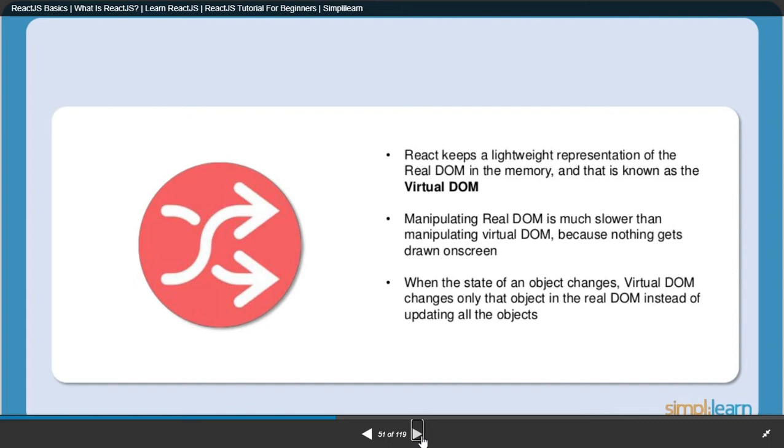So if the state of an object changes in the real DOM, when I hit the like button, the entire page will re-render again. I am just hitting the like button only, but the entire Facebook application will re-render in case of real DOM.